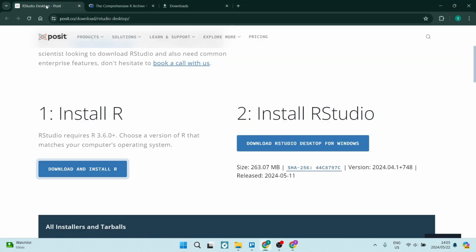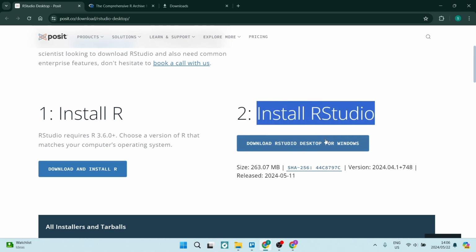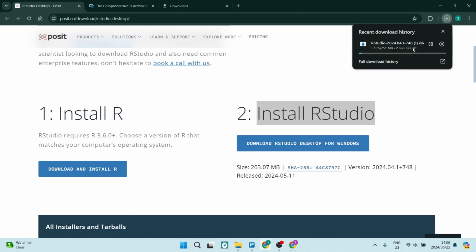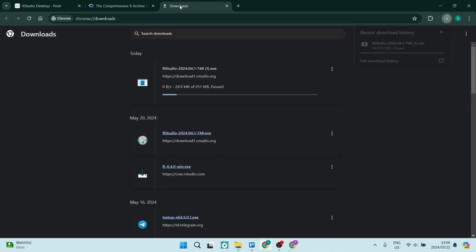We can now go back to that very first page that we were on, and the second step is to install RStudio. Just below that it says download RStudio Desktop for Windows, and we will tap on that. Again, you'll see that the download has begun. I'm just going to pause that, since it's already in my downloads, right over here. We're going to tap on that RStudio exe file, and again it'll begin the installation